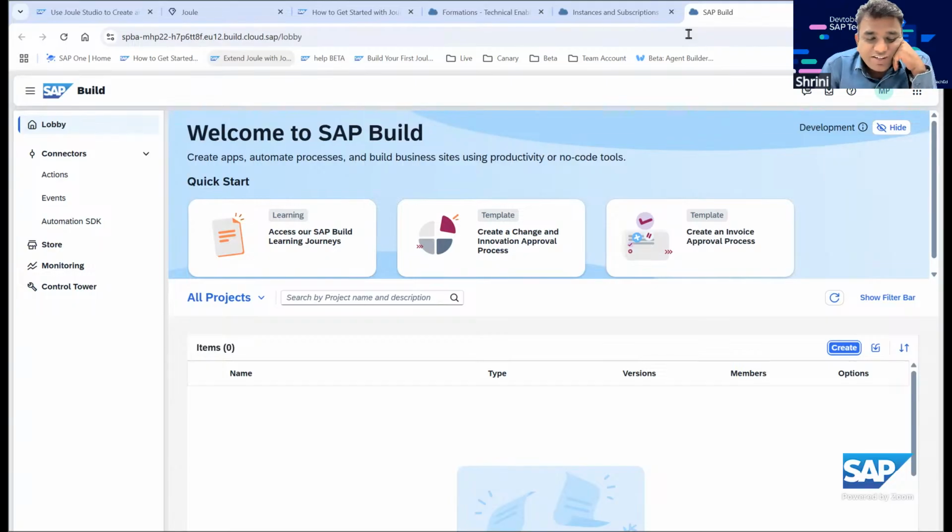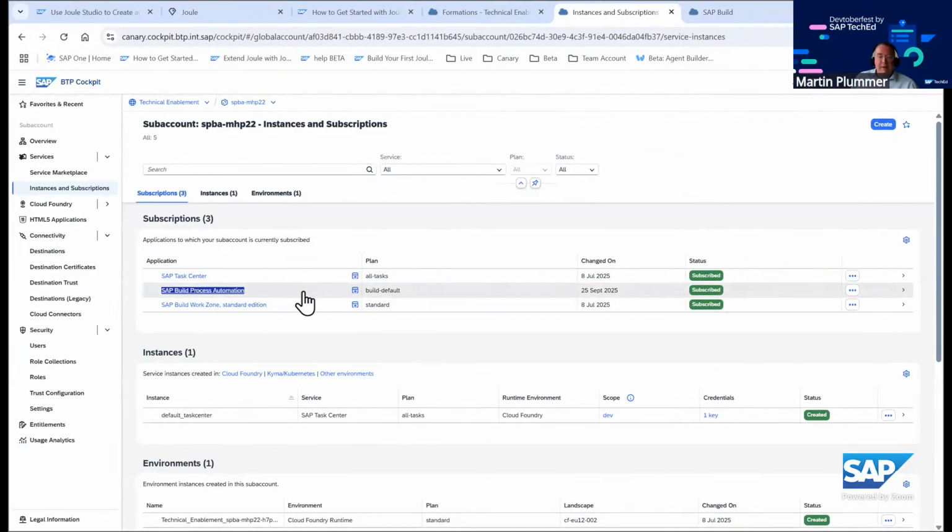You have a tenant, a specific tenant, and the Joule skill option appears. Basically, you've got to have SAP Build Process Automation with the plan build default, and then Joule Skills, or the Joule Studio, is automatically available. Assuming that, you just do this further configuration of bringing it together in a formation of type